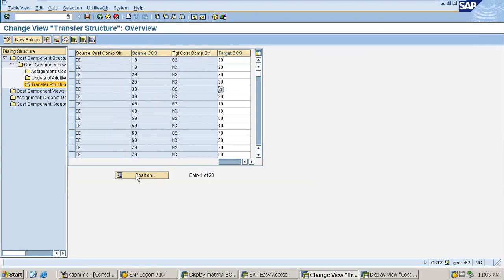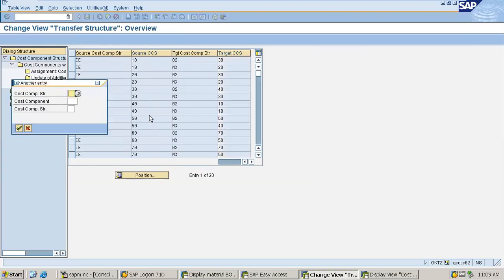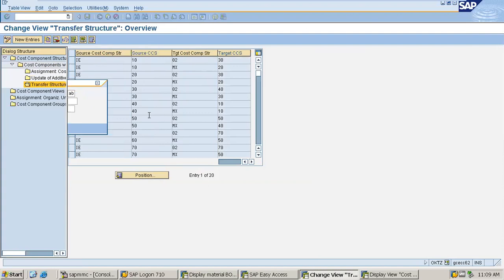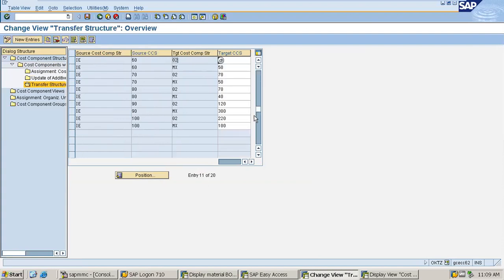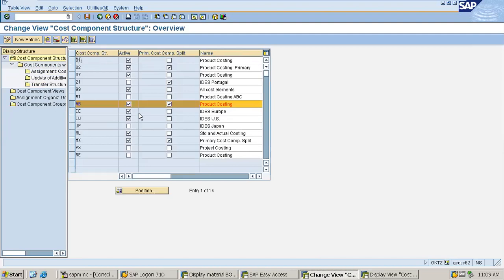Okay, here you just need not do anything. I have not done anything here. So that's what the entire configuration is.